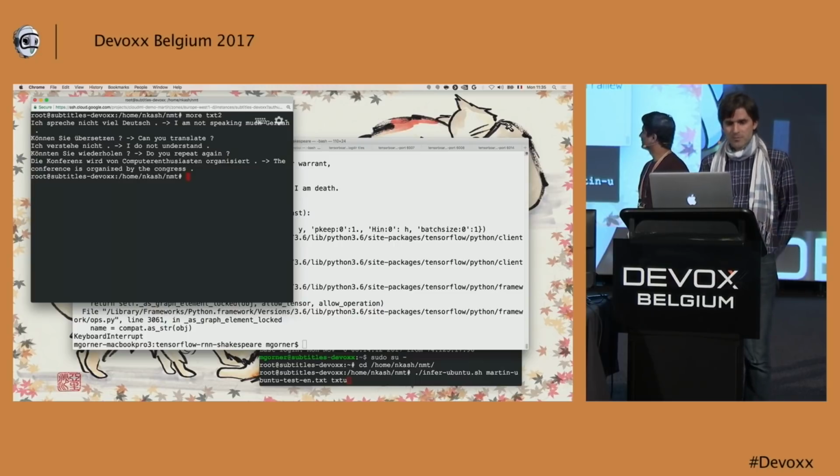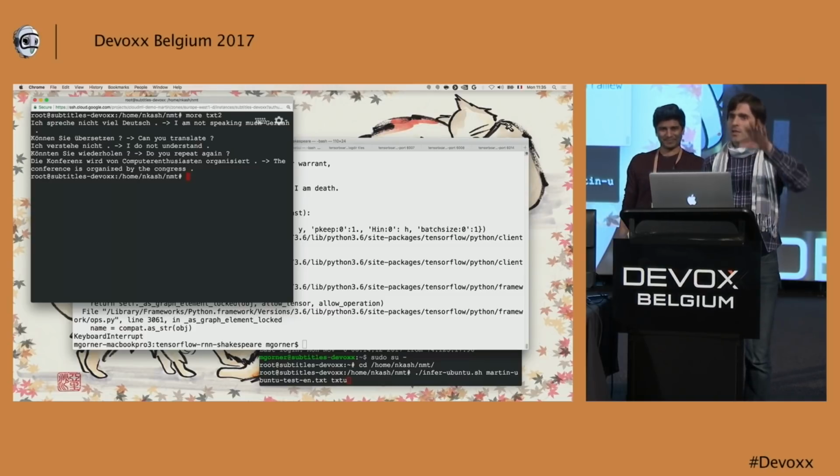Yeah, almost. Die Konferenz wird von Computerenthusiasten organisiert. The conference is organized by the Congress. It got it wrong on this one. So, yes,